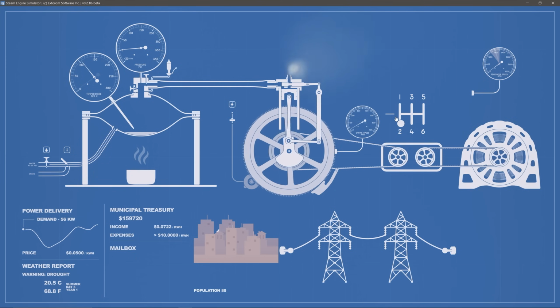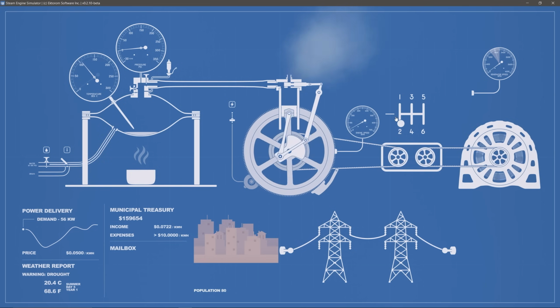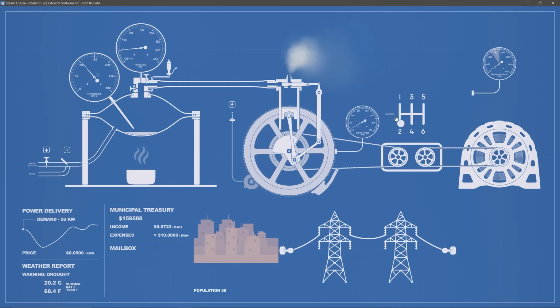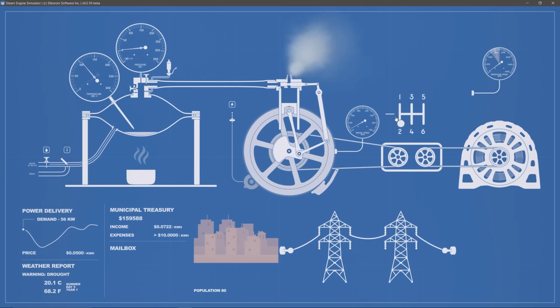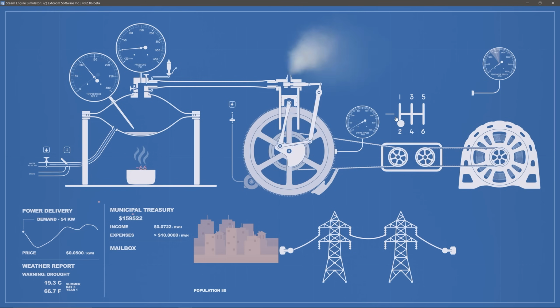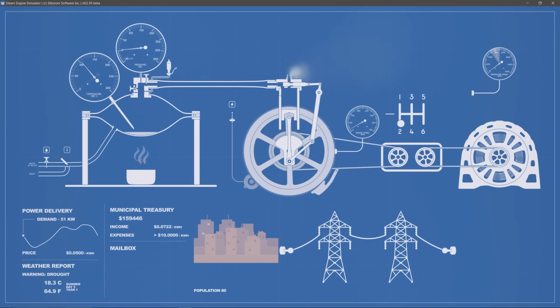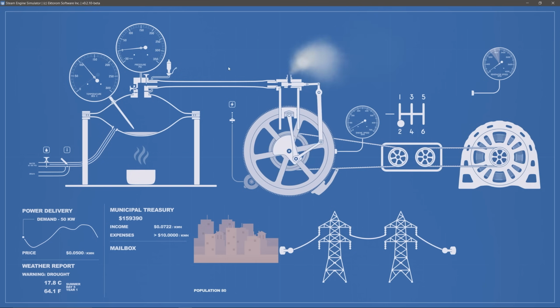The other technical challenge of implementing this DLC is, as I said before, the Steam Engine really is a simulation of a Steam engine. It's not an animation on the screen, and I don't fully understand the Steam Engine. I don't know how fast it can really go. I don't know any of the theoretical limits of the Steam Engine, so it becomes very difficult to balance a game economy when you don't fully understand all the components in the game. It's kind of backwards from most games where you can tailor the physics and the exact simulation to meet the gameplay requirements. In this case, I had to tailor the gameplay requirements to match the simulation,